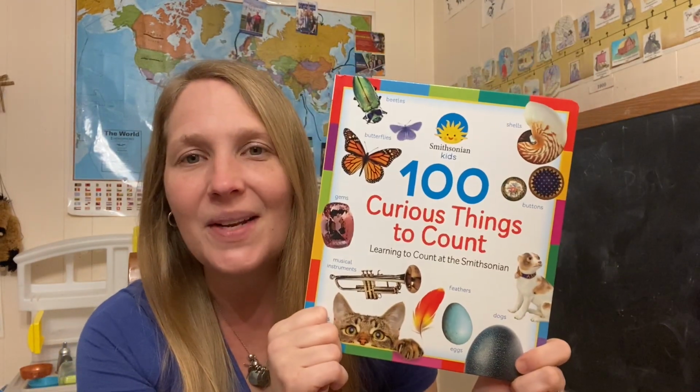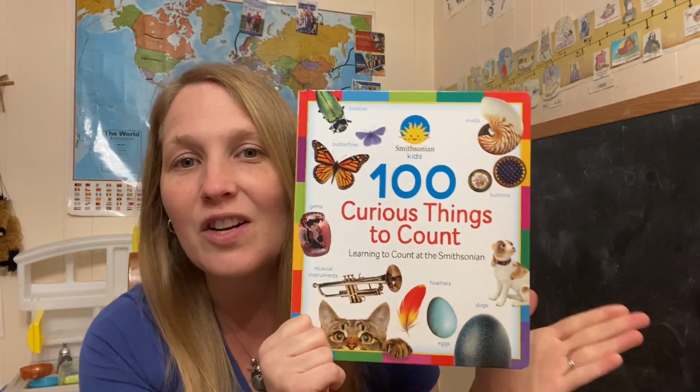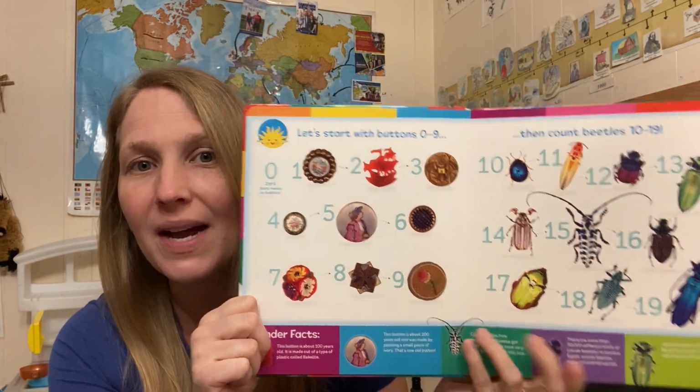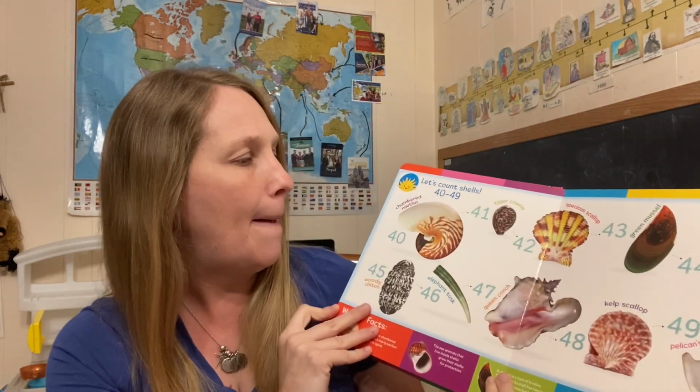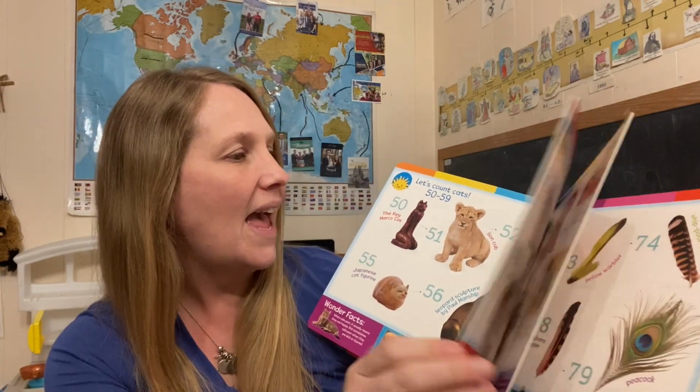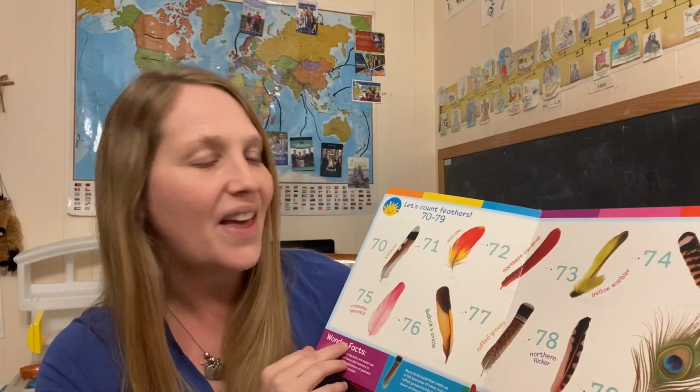Okay guys, this kind of is a side thing, but it goes with kindergarten, but it doesn't go with the ABC theme that I have going on. But I still want to show you guys this awesome book find that I have found. It's 100 Curious Things to Count, and there are so many reasons why I love this book. But each little section, it has something new for the kids to count. So we've got buttons, we've got beetles, we've got seashells, we've got cats, puppy dogs, feathers, just all kinds of